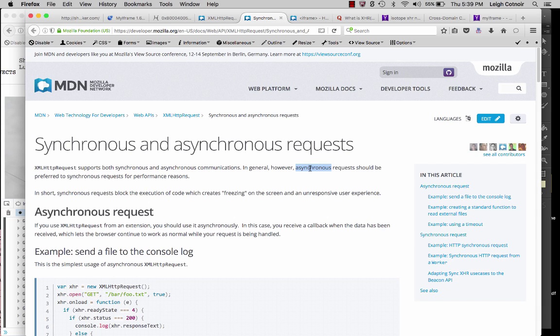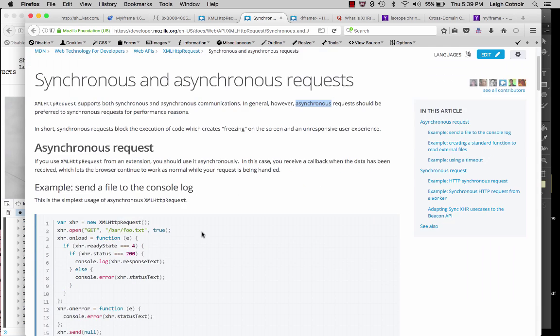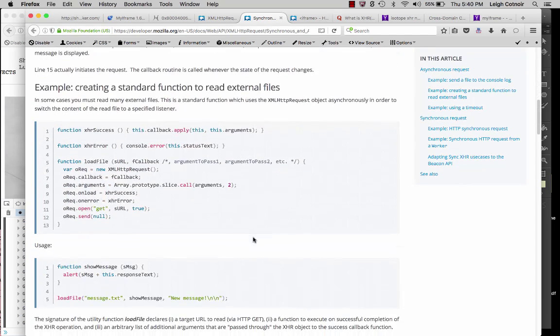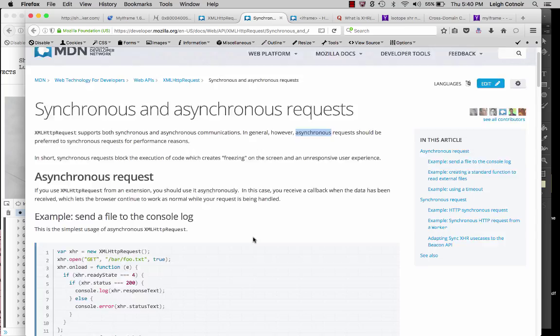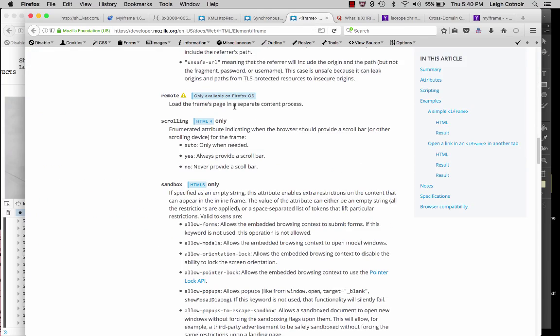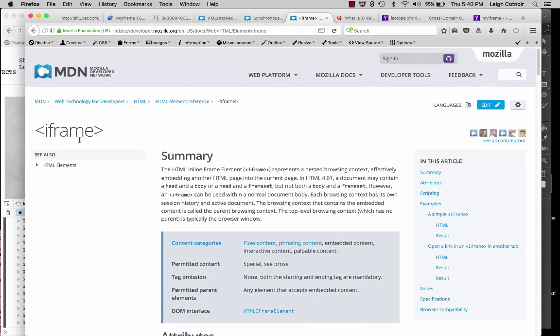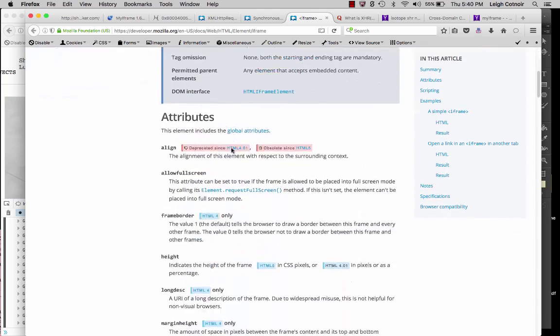Usually async is better, but if some of those requests in that function are actually synchronous, that potentially could be your issue. It could be an issue as part of the asynchronous too. Maybe the function's just not really written well, because maybe it was never intended to be stuck inside of an iframe. Anyway, you could read this, and then you can also look at the MDN page about the iframe tag,